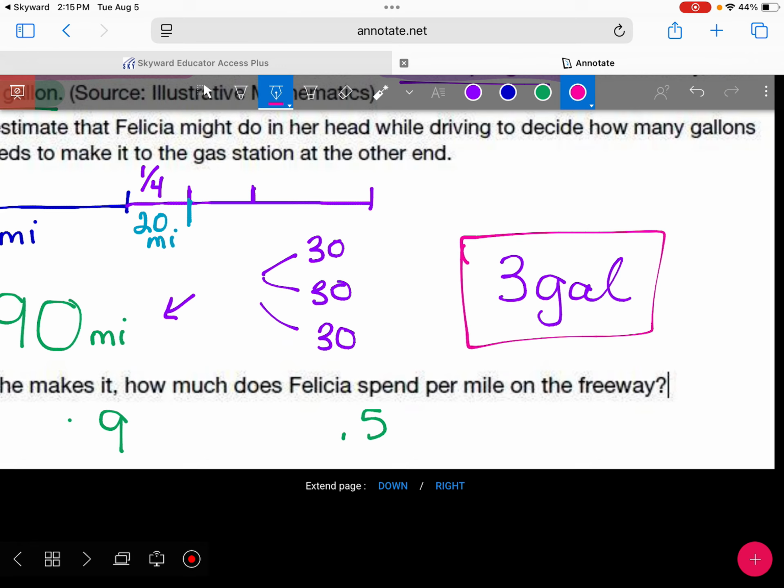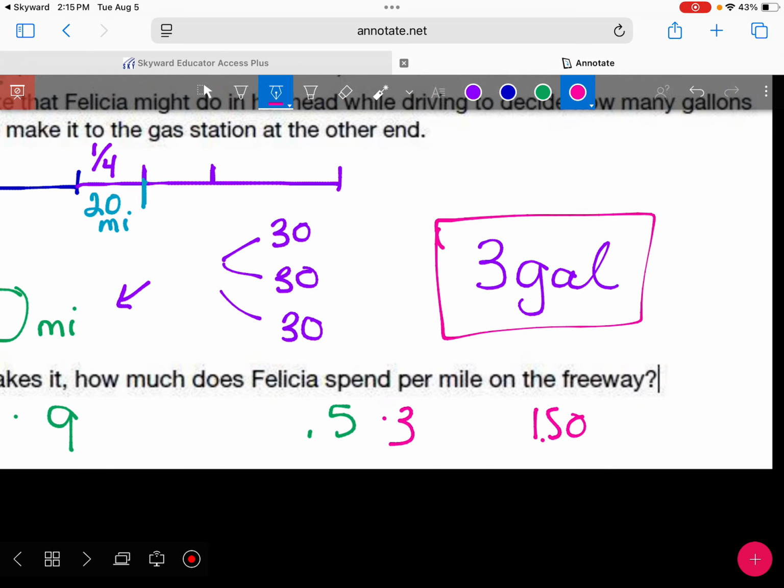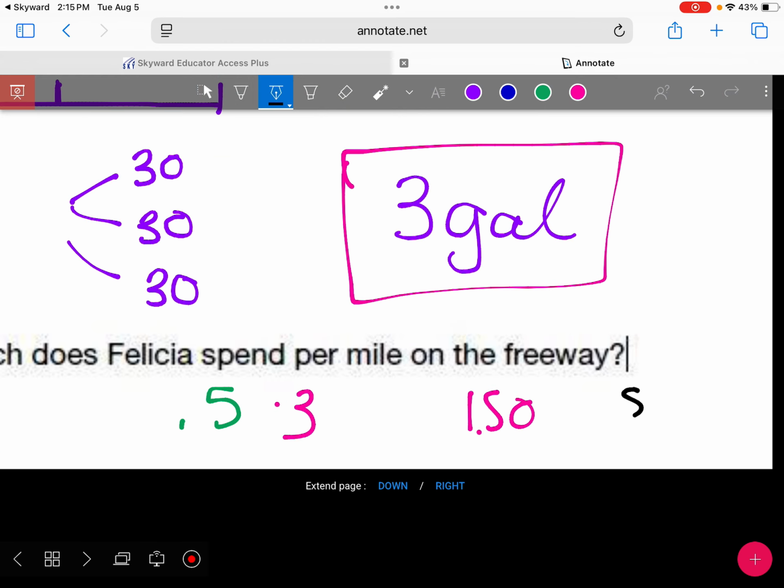So if we had $3 times our 3 gallons, what if we had 50 cents? Because 50 cents times 3 is going to give us $1.50, right? Those 2 pieces are easier to do individually sometimes. You could also do it as 4 times the 3 gallons and take away $1.50. Or do 3 times the 3 gallons plus the $1.50. Either way, we're going to wind up with a total cost of about $10.50